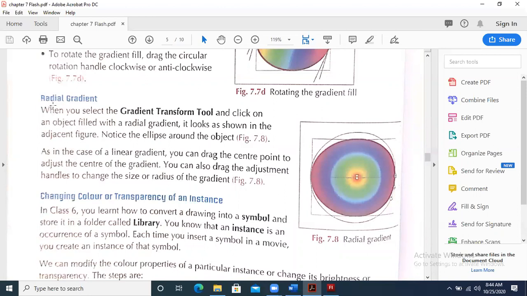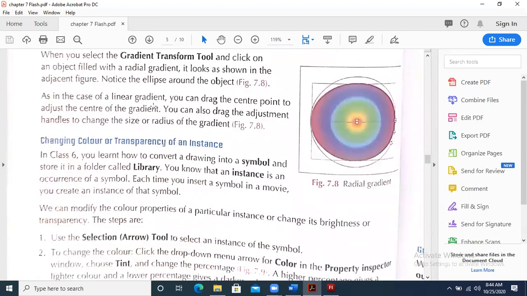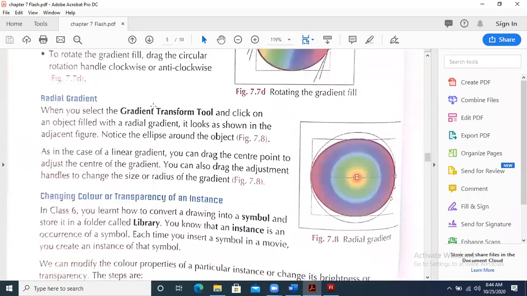A normal gradient is basically horizontal, in the form of bars. What will happen in the radial gradient, and how are we going to make this change? When you select the gradient transform tool and click on an object filled with a radial gradient, it looks as shown in the figure.